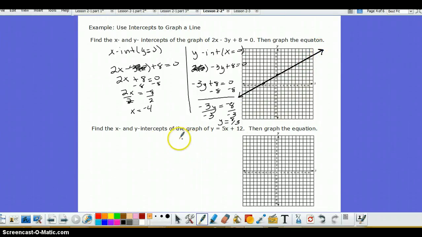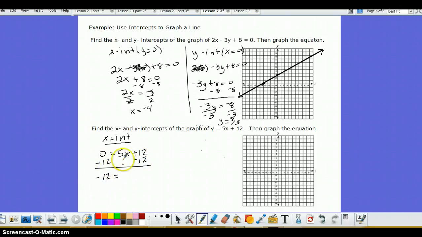Okay, so the same thing applies here. So find the x and y intercepts of the graph of y equals 5x plus 12. Alright, so the x-intercept, again this is when y is 0, so 0 equals 5x plus 12, so subtract 12,